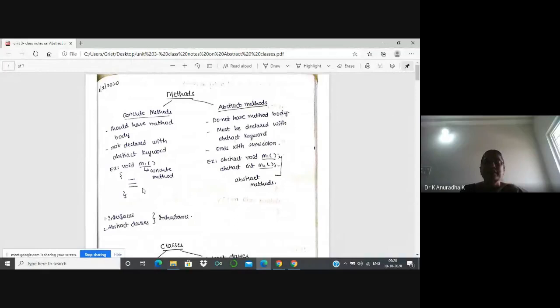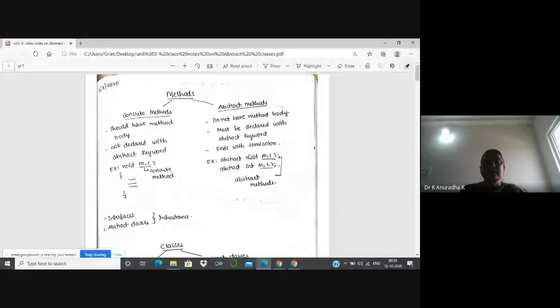So remember these 4 words: concrete methods, abstract methods, concrete classes and abstract classes. But there is no keyword like concrete, whereas abstract is a keyword. So we say concrete methods, but there is no keyword for concrete. Here these are the concrete methods and these are the abstract methods.